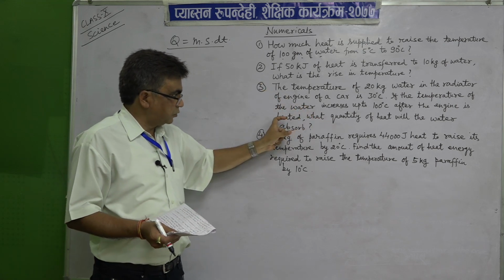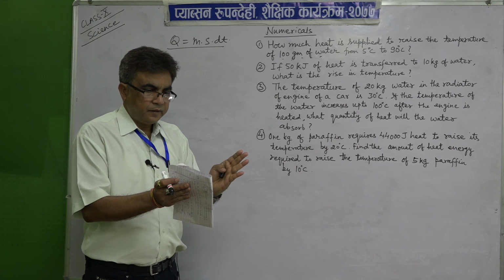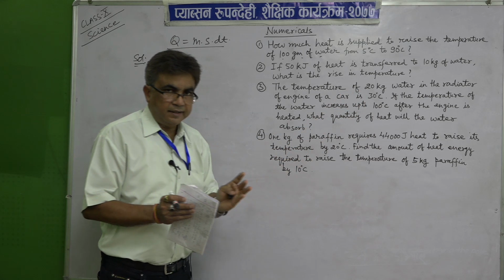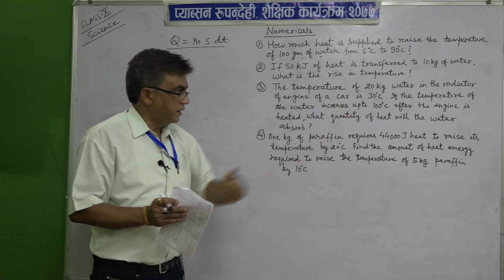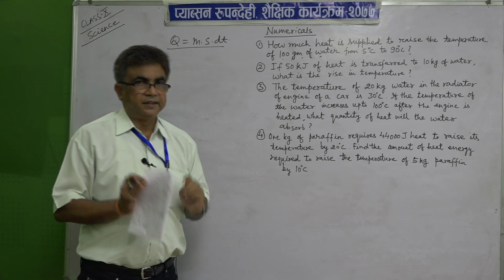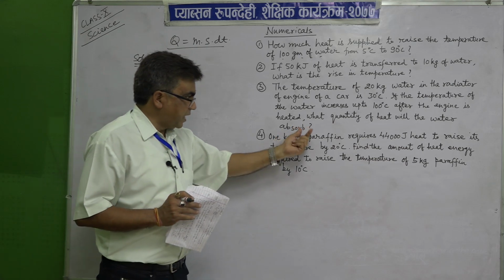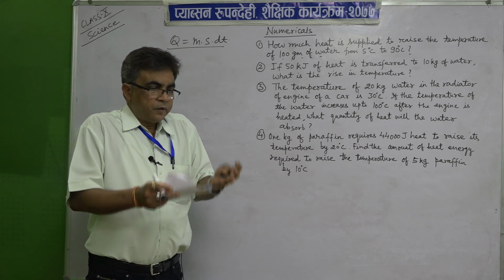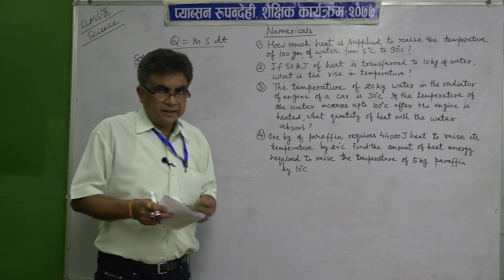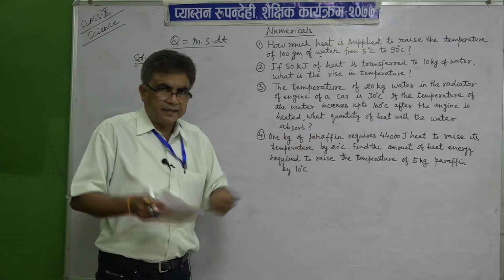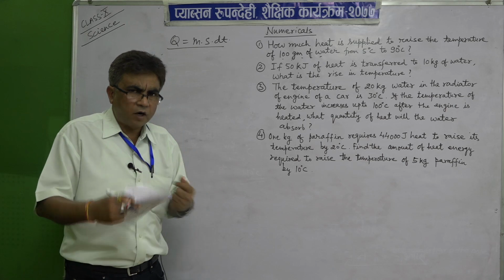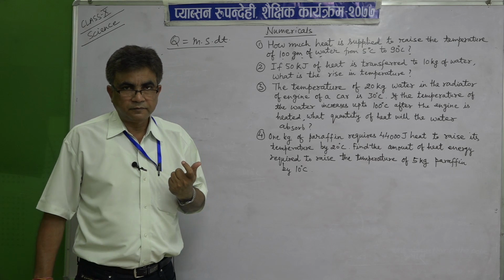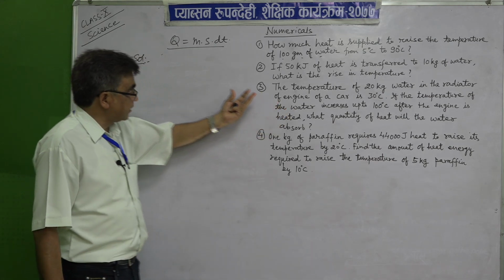So, what have we got up to here? Initially the temperature of water was 30 degree centigrade, the mass of the water was 20 kg. Finally, the temperature has become 100 degree centigrade. You have been asked what quantity of heat the water will absorb. While going from 30 degree centigrade up to 100 degree centigrade, definitely the water will absorb some heat. How much heat the water is absorbing, that you have to find out. So, it is very simple.